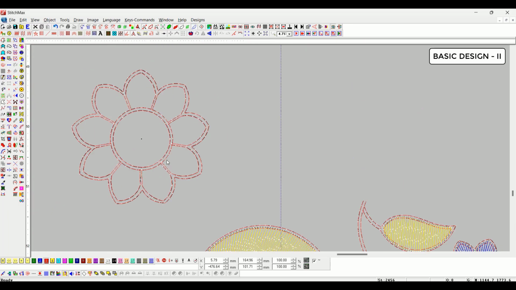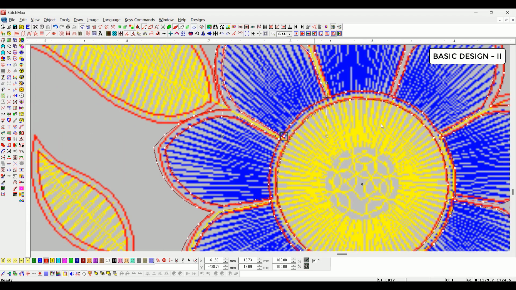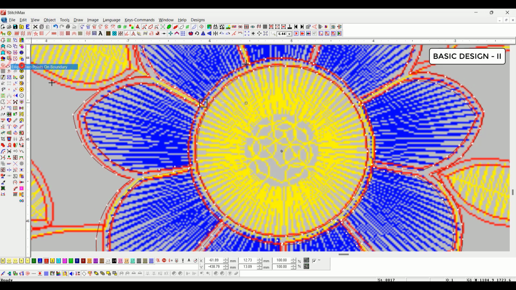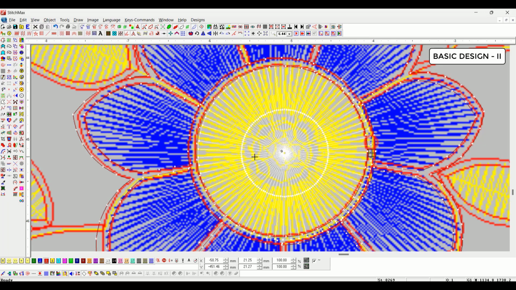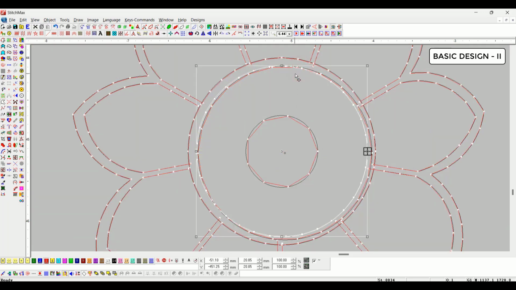In the middle of the largest flower, you can see that the satin fill has been applied. For that you can also use the dual side. You can also apply satin fill by drawing circles. First you have to draw a big circle in line fill. After that, a small circle has to be drawn where satin fill is wanted. First the circle has to be selected, then with the Shift button select the second circle, then Ctrl+W has to be pressed. By doing Ctrl+W, both objects are welded. After that we can apply satin fill in it.